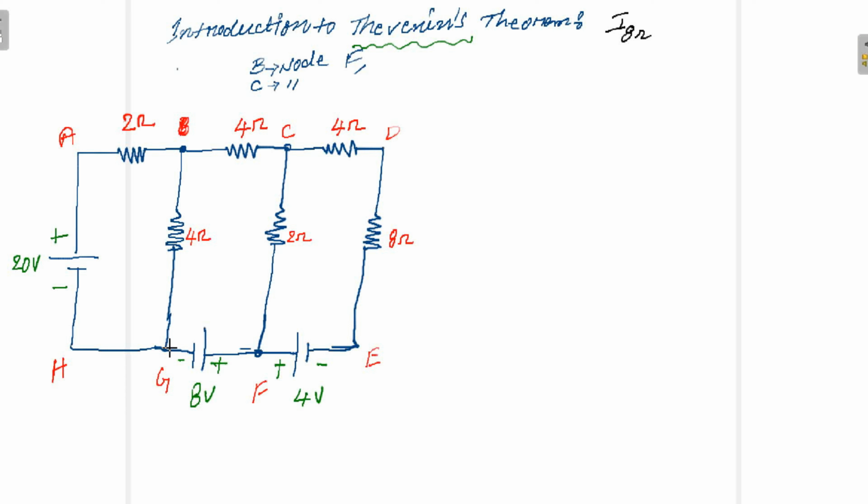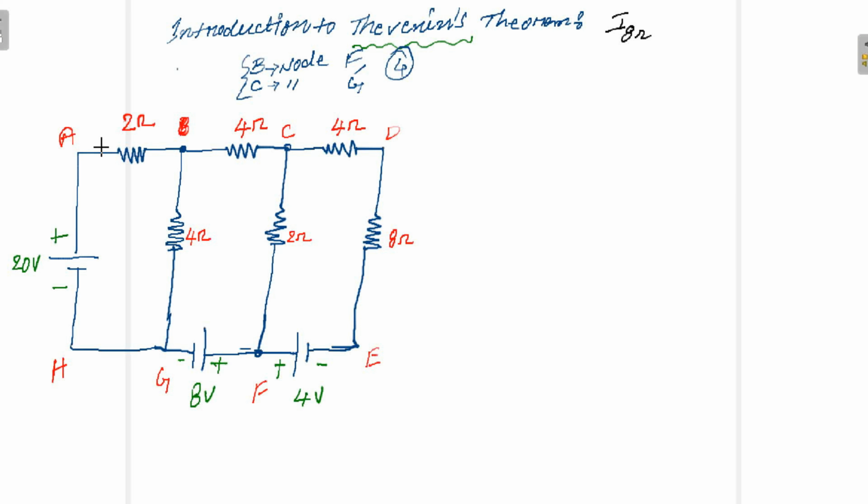And what about G? Some amount of current comes here and some amount of current comes from this branch. The total is summed together and leaves from here. So G is a node. From this, how many nodes are there? In the strict sense, we have B, C, F, G. So we have only 4 nodes.